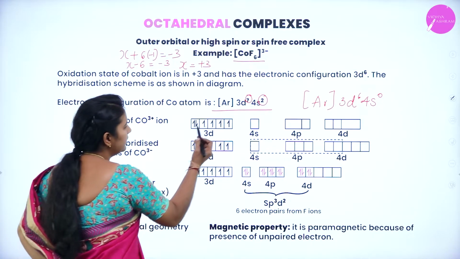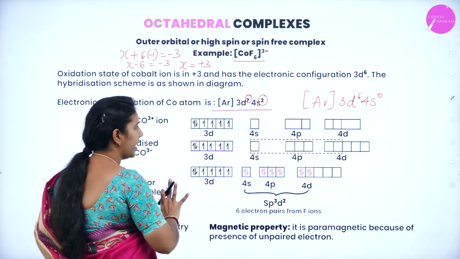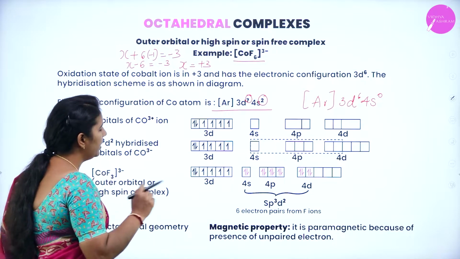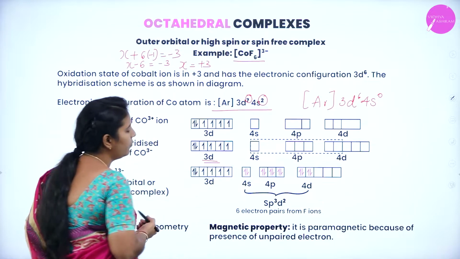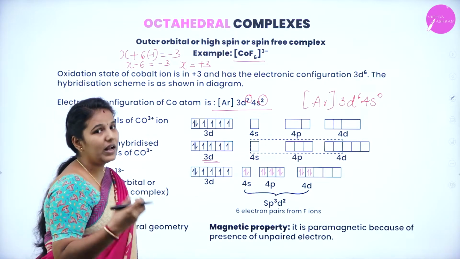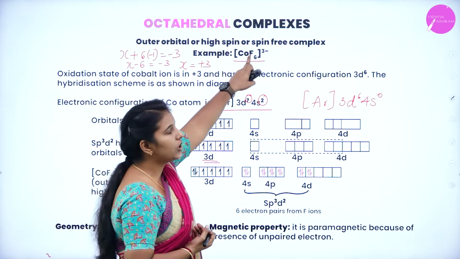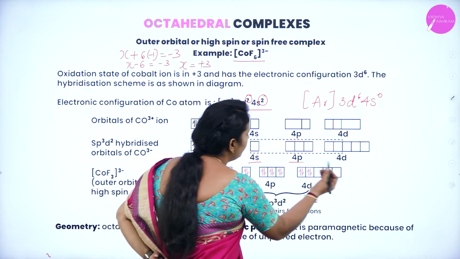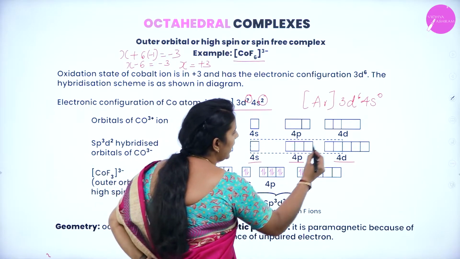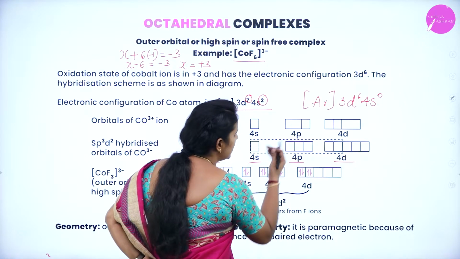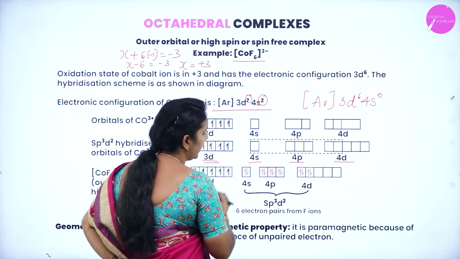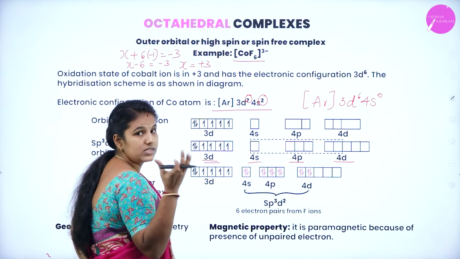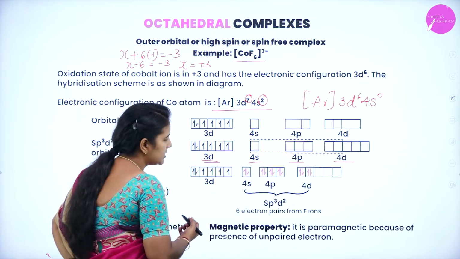Now, the electrons are not paired up because it is a weak ligand. So now what will happen? You can see that the 3d orbitals consist of 4 unpaired electrons, but how many atomic orbitals do we require? We require 6 atomic orbitals, which have to get paired up with the ligands. So I'll consider 4s, 4p and 4d. In 4d, I'll consider only 2 orbitals, 3 orbitals from the 4p and 1 orbital from the 4s, which is ligated by 6 ligands, and hence the hybridization will be